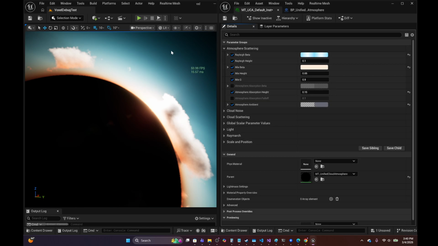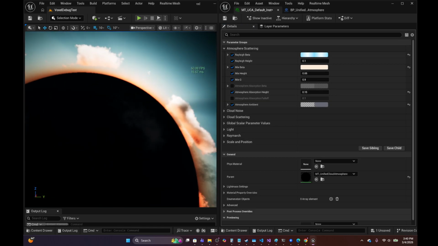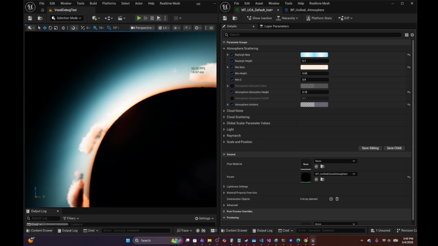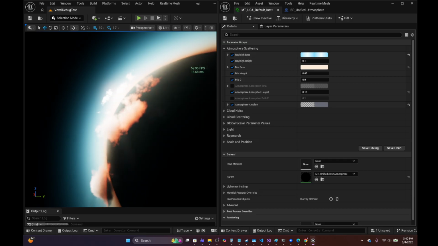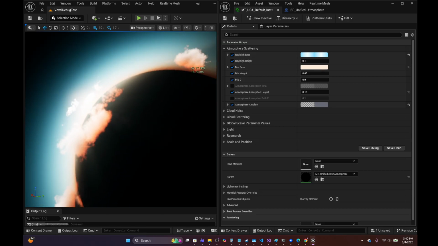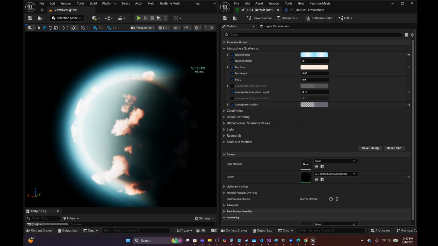So first we have our atmosphere scattering parameters. Again, I have a preset here set to our stylized atmosphere, which has a thicker shell, fluffier, taller clouds. A real atmosphere would be much thinner than this, and we can do that as well, but it would require changes here, and maybe I'll go over that one tomorrow or something like that. Okay, so